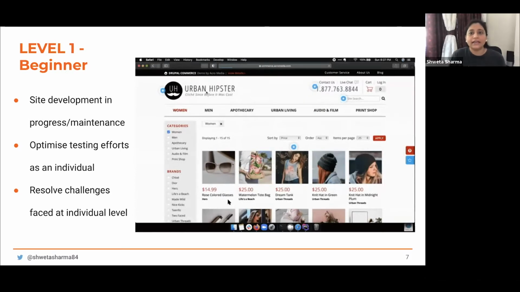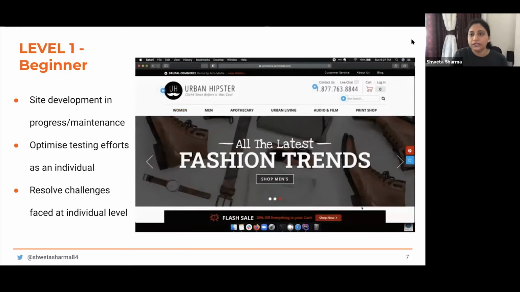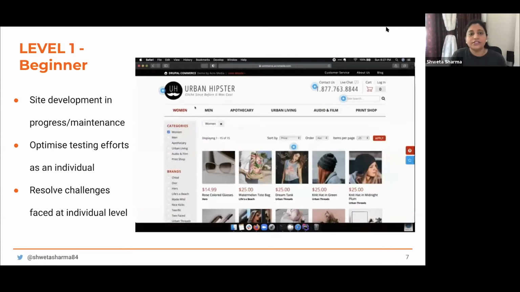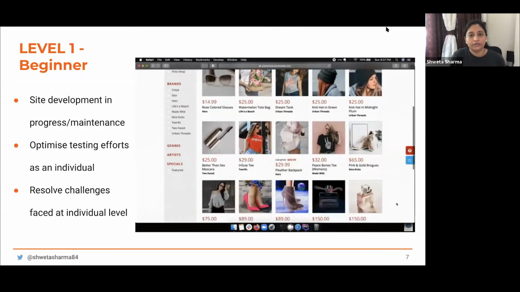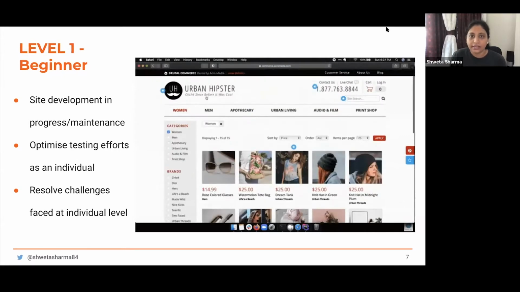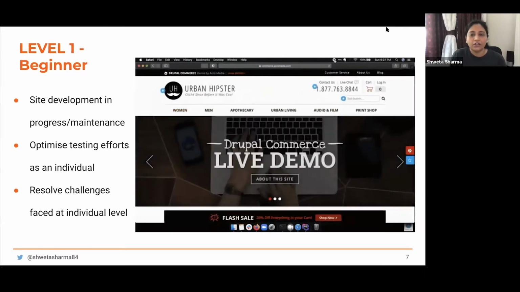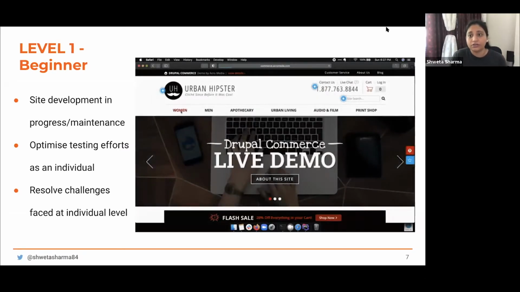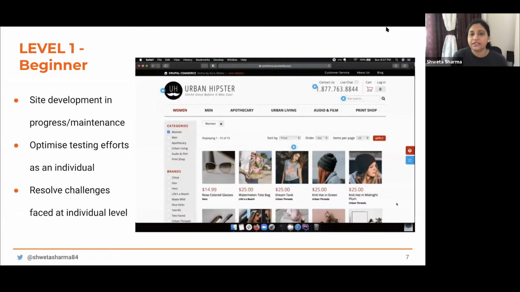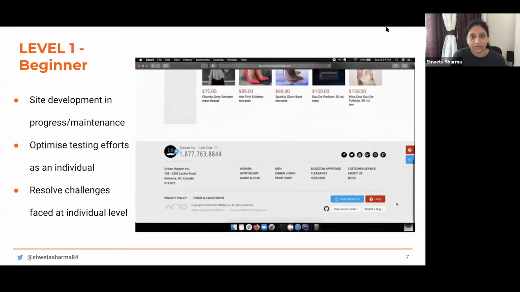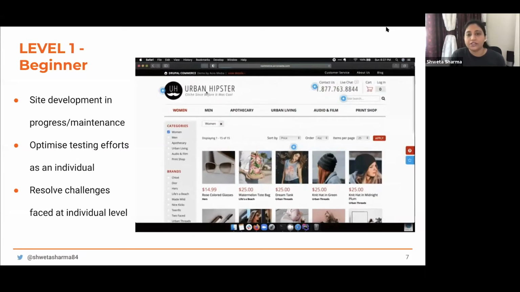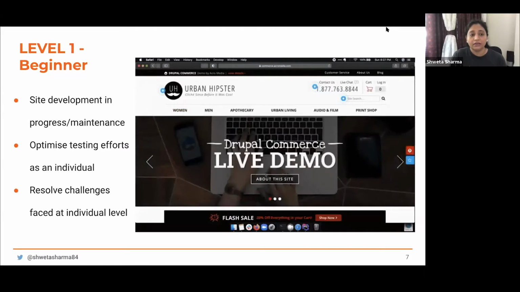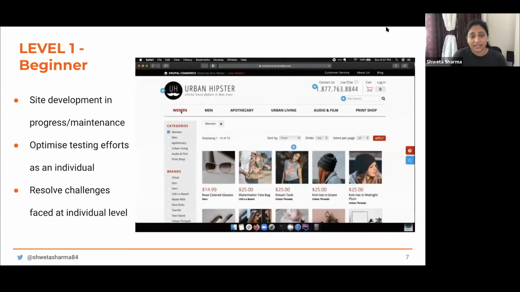Let's assume that at level 1, this is your first time trying out this type of automation. The objective really is to optimize your testing efforts as an individual, because I'm sure you are fed up of testing the same UI on several browsers. Just to name it, I think all of our engagements primarily support Chrome, Firefox, Safari, and IE11 might go away soon, but there's still Edge.